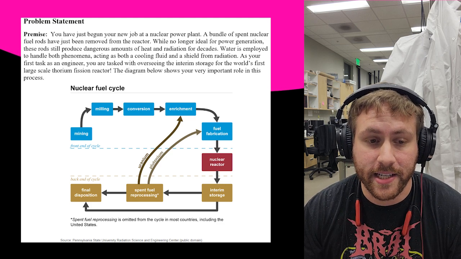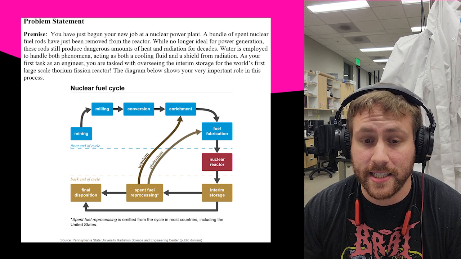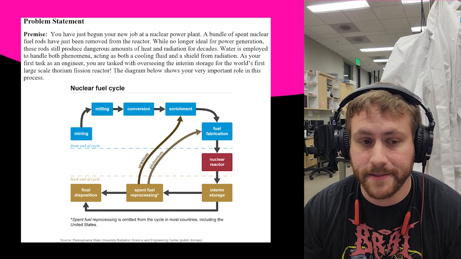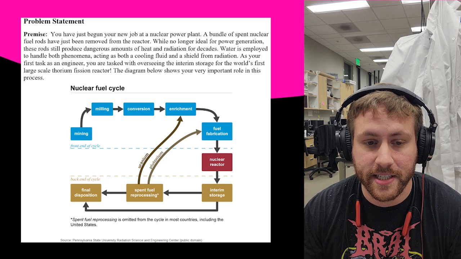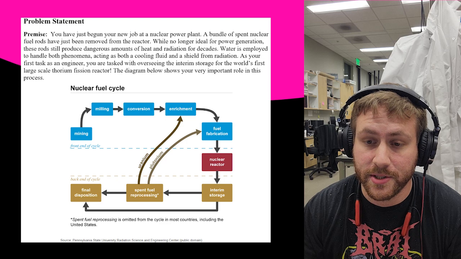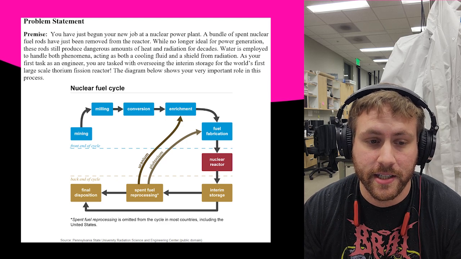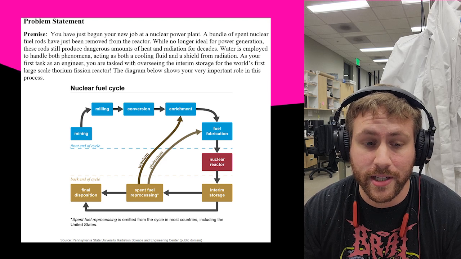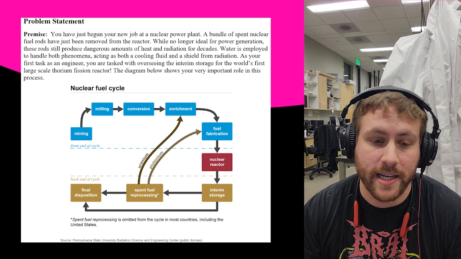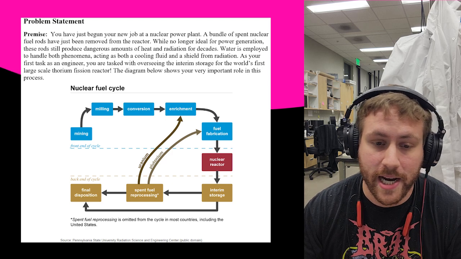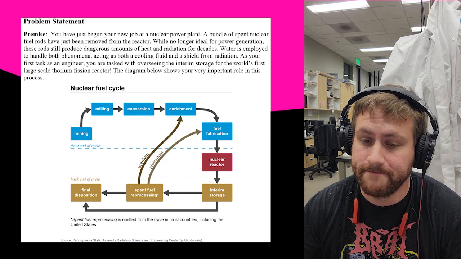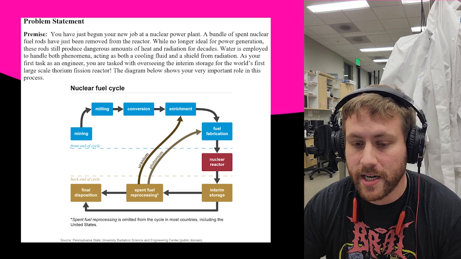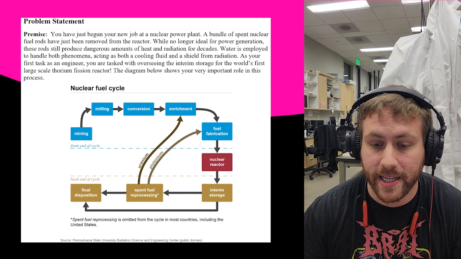Water is employed to handle both of these phenomena, acting as a cooling fluid and a shield from radiation. As your first task as an engineer, you are tasked with overseeing the interim storage for the world's first large-scale thorium fission reactor. The diagram below shows your very important role in this process. As you can see, there's mining, milling, conversion, and enrichment, so just preparing the nuclear materials